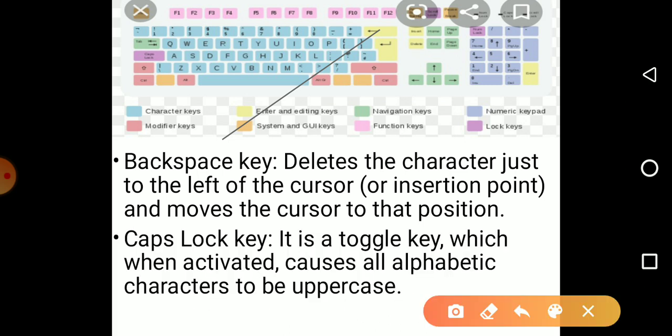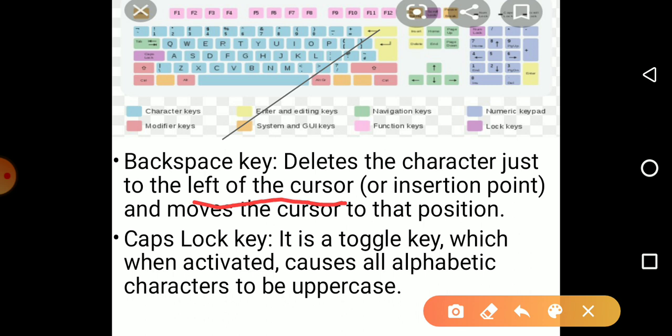The difference between the backspace key and the delete key is one of the important questions. So you should know when to use a backspace key and when you are supposed to use a delete key. You use backspace key when you wanted to delete the character just to the left of the cursor.